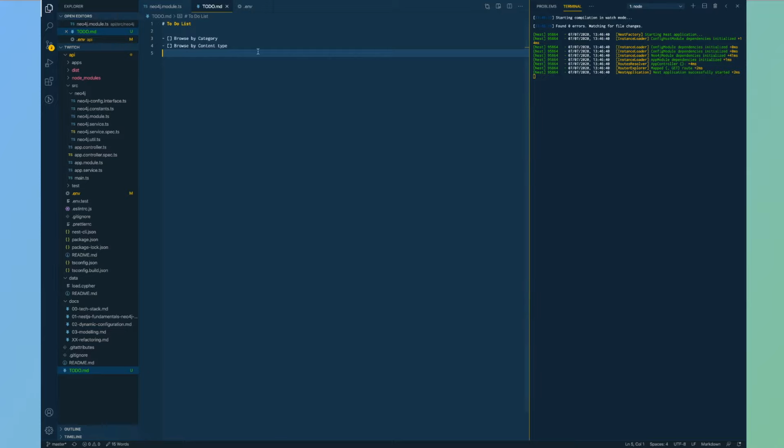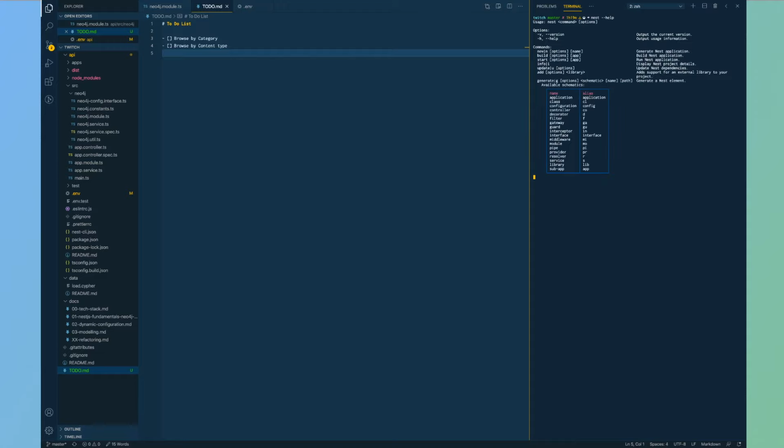Cool. So in order to do this, we'll need to update our controllers, or to create some new controllers, and then we can use services which then use the Neo4j service themselves to pull data in. So just like we did last week, I can use the Nest CLI to start to generate new pieces of functionality, new pieces of code.